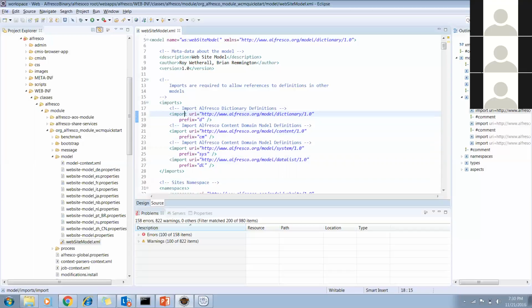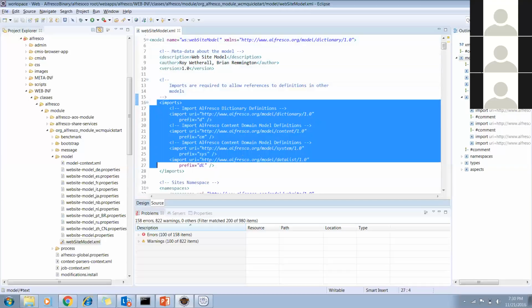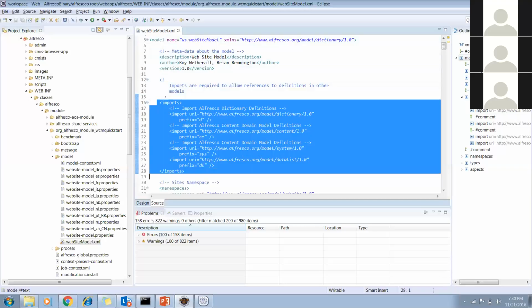So apart from that, if I might have not shown you much of these things. Here is the model name you have to define for creating any model. Like you remember, we have seen in the UI part, you have to give your model name. And apart from this, it's importing some other content models as well.